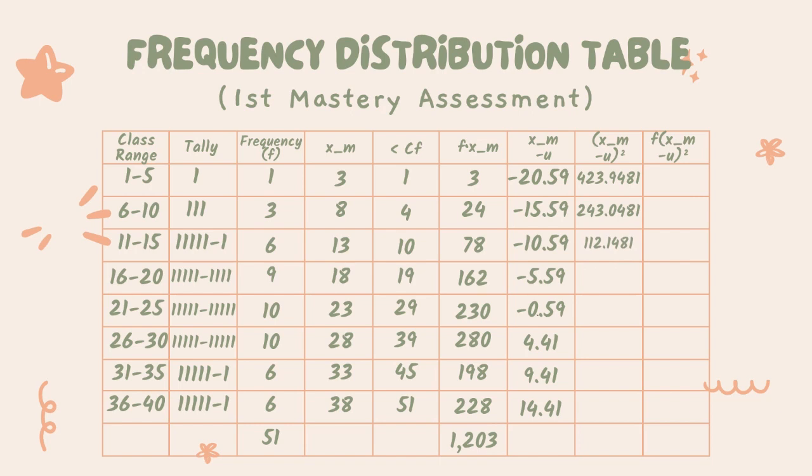Negative 5.59 is equal to 31.2481. Negative 0.59 is equal to 0.3481. 4.41 is equal to 19.4481. 9.41 is equal to 88.5481. And lastly, 14.41 is equal to 207.6481. And by summing all our gathered x sub m minus mean squared, we will get